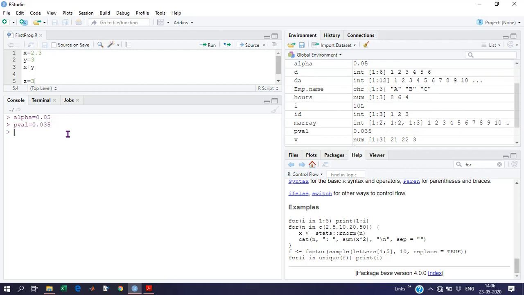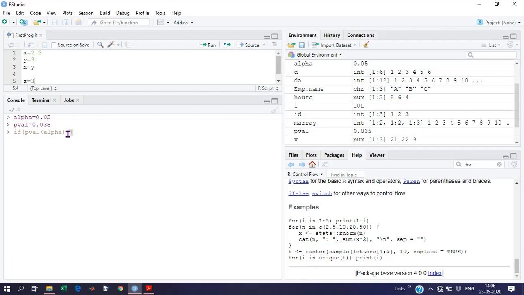Then obviously our condition gets results: if alpha is greater than p value, or we can say if p val is less than alpha, we have to print reject h naught.